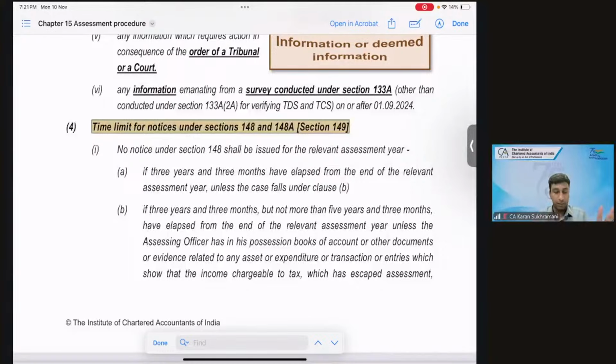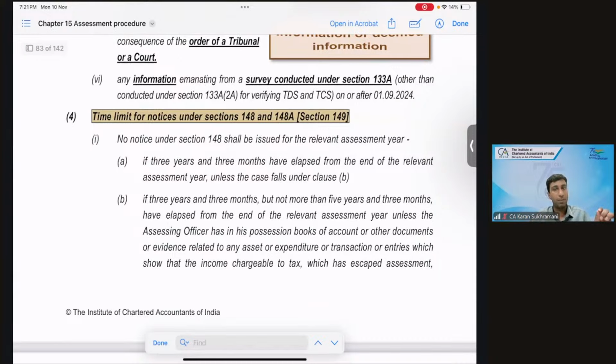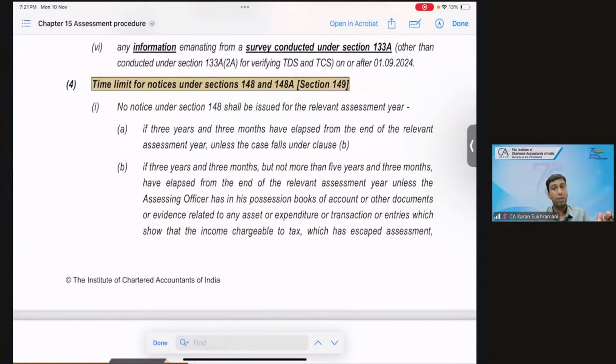What are the timelines? Notice that 148A cannot be issued if 3 years and 3 months have lapsed from the end of the relevant event, unless your case falls under clause B. So the general timeline is 3 years and 3 months from the end of the relevant event. If it's a situation involving clause B, then if 3 years and 3 months, but not more than 5 years